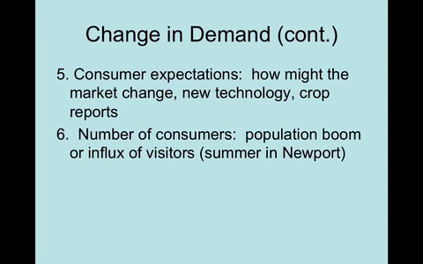The other way to look at the number of consumers is areas that are seasonally affected, okay? Like you think about Newport Beach or Balboa Island or something like that, right? During the summertime, there's an increase in visitors. And so the demand for everything that's sold in that region is going to go up regardless of price because there's just more people there, okay? So the influx of people, heck, you could think about a place like Disneyland, right? During the Christmas vacation or summer period, when it's really busy there, there's a high demand. And so, you can just kind of recognize that would shift the demand curve outward during those windows of time.